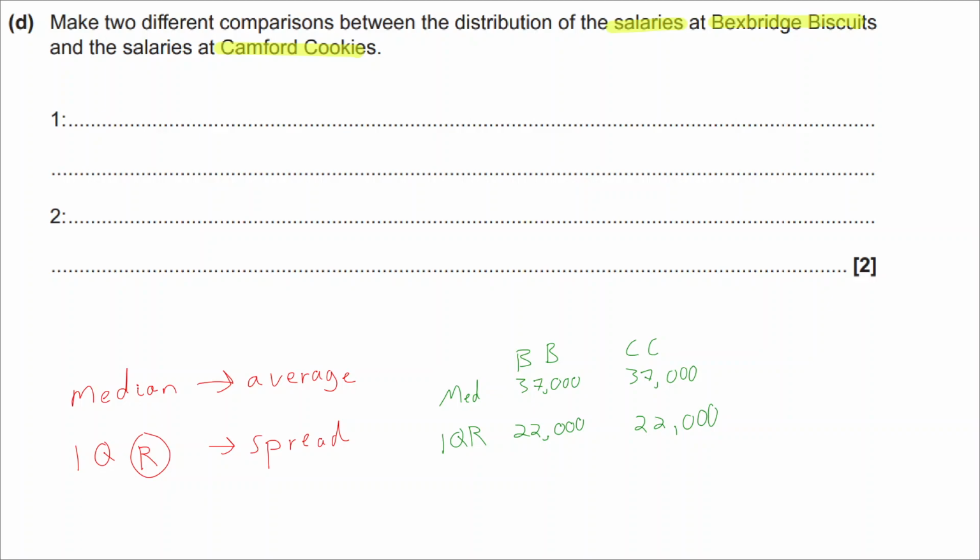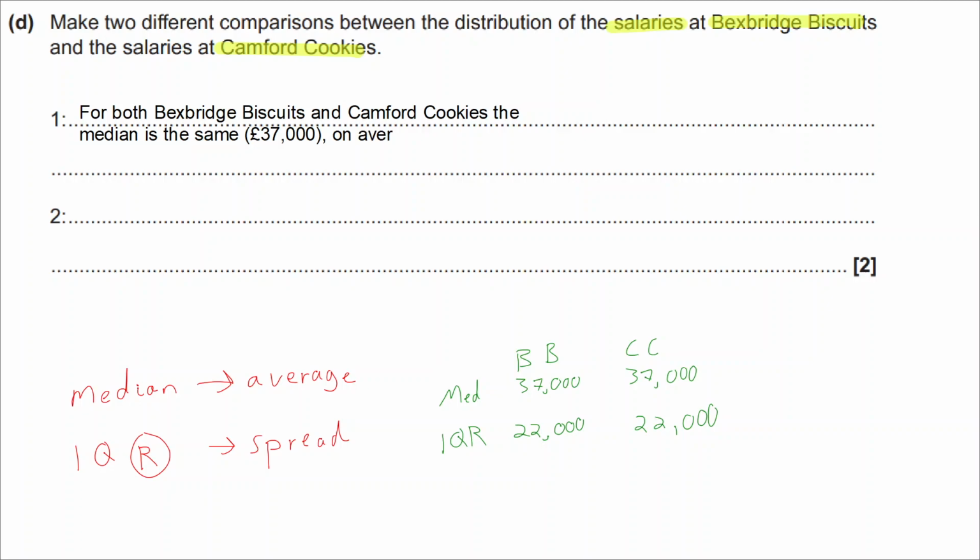Okay, maybe it is. That's probably the way it is. So you can go and say this. This is quite an interesting one. For both the Bexbridge Biscuits and Camford Cookies, first of all, let's go for the median is the same. You state the number, which is a £37,000 salary, which means on average, because the median is a measure of average, so on average, they get the same